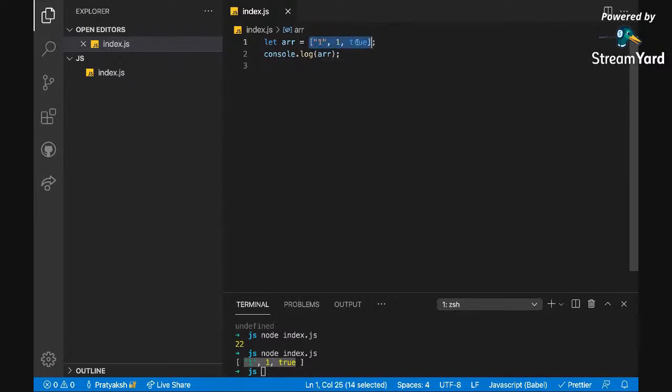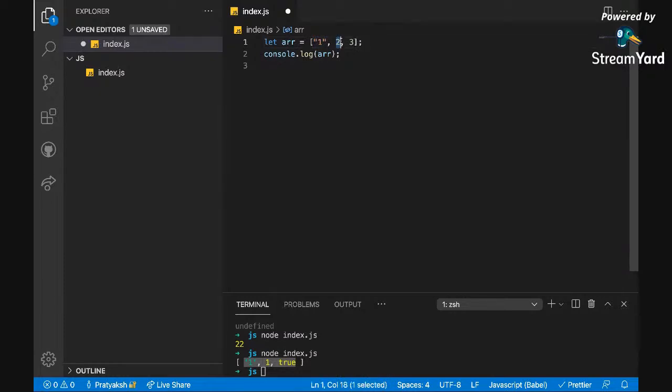Now, how do I access one particular element in a list? Let's say I want to access two over here, or let's say I want to access three over here. So array has something called index. Each element has an index starting from 0 to n minus 1, where n is the length of your list. So if I want to address this one, it has an index 0, and with the help of this index 0, I can access this element directly.